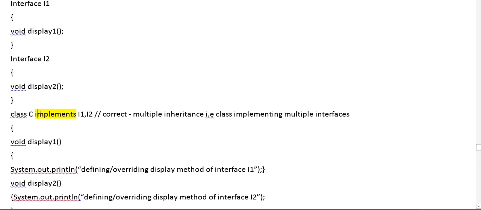Sorry, I have not explained this line. The class C implements I1 and I2 here.